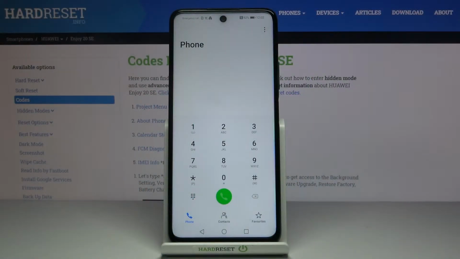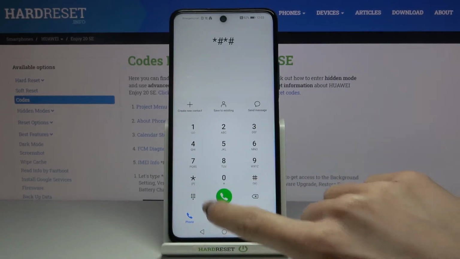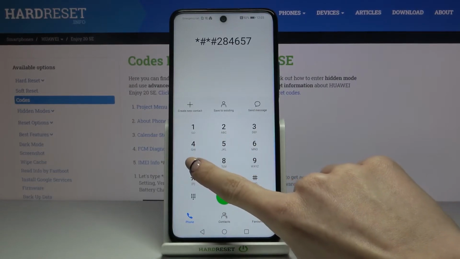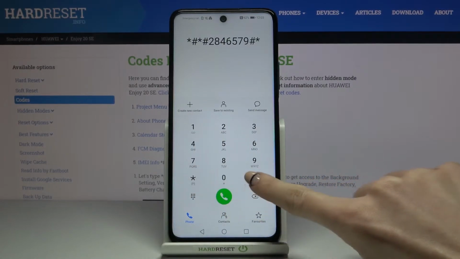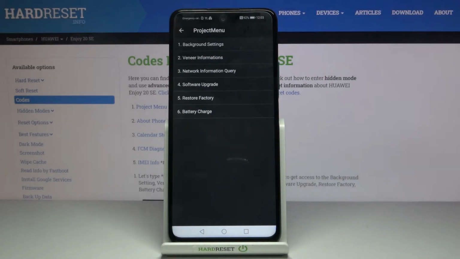In front of me is HUAWEI Enjoy 20 SE, and let me show you some of the secret codes that you can use in this phone. So the first one will be also the longest one, and we will open project menu via this code, and it is as follows. *#*#2846579#*#*. And here we've got the project menu,